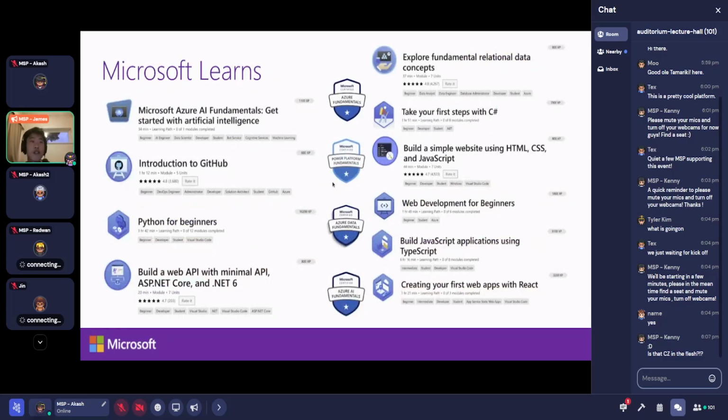So for the first one, Microsoft Learn, as you might see, it's what happened in phase 1. And Microsoft Learn is a really good platform for you to get all those different pieces of information and technologies. As you can see on this slide, there are around 10 modules, from data science, AI, GitHub, to even C# coding and web applications. Those are really helpful for your learning, and the content within each module is also really helpful based on everyone's experience.